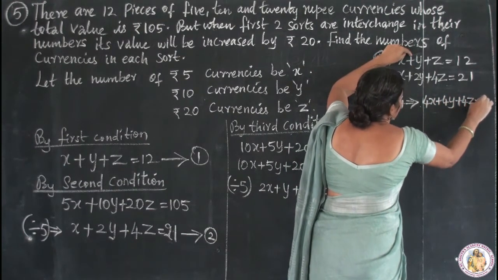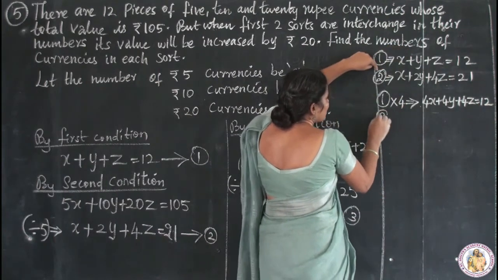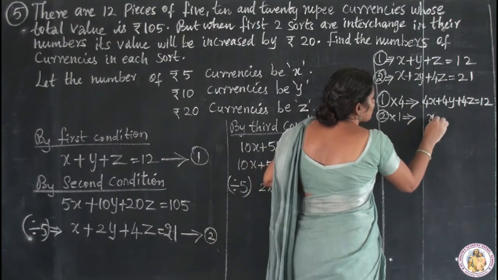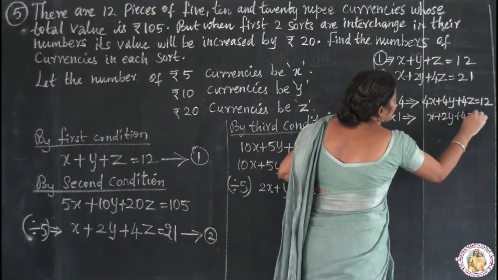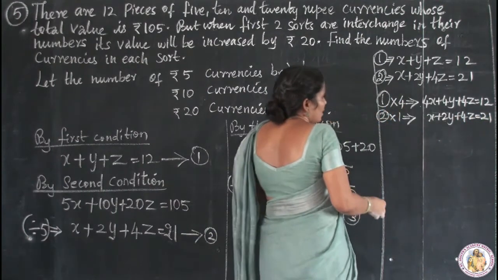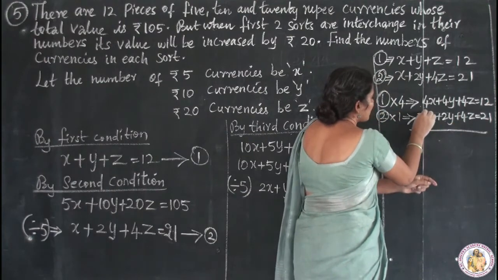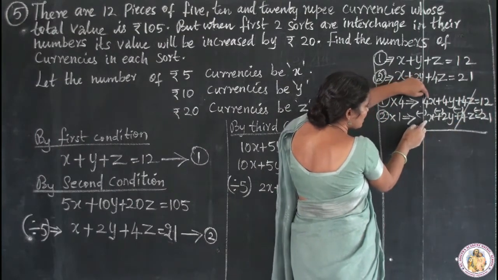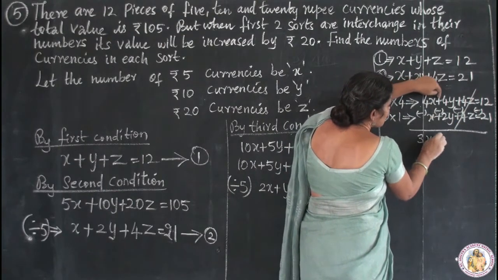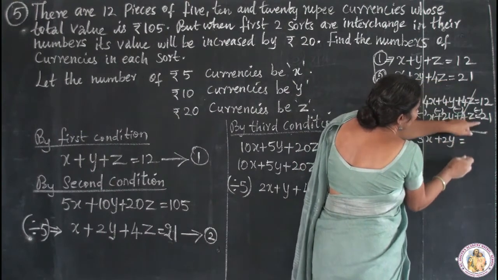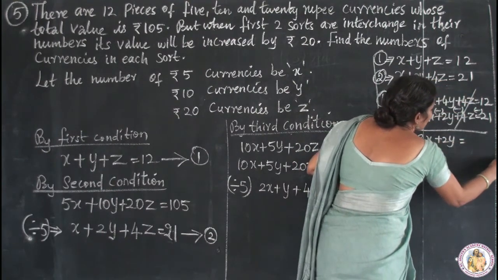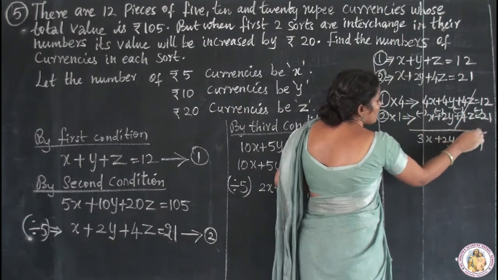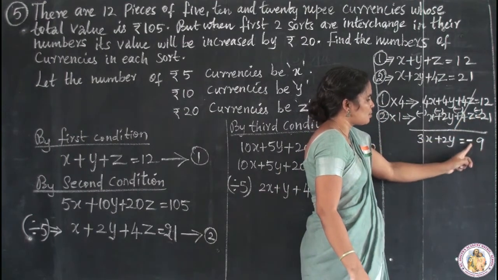4z is equal to 12. And in second equation, 4 remains as it is. So multiply with 1 gives x plus 2y plus 4z is equal to 21. Okay. Now change the sign. Minus, minus, minus. Cancel. Different sign. So 3x different sign plus 2y is equal to 12 minus 21 minus 12. So 1, 9. Minus 20. Minus 21 is greater, so minus 9.